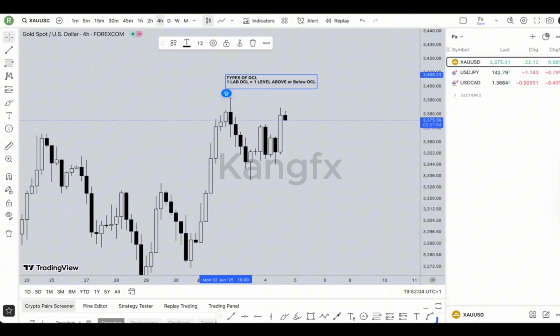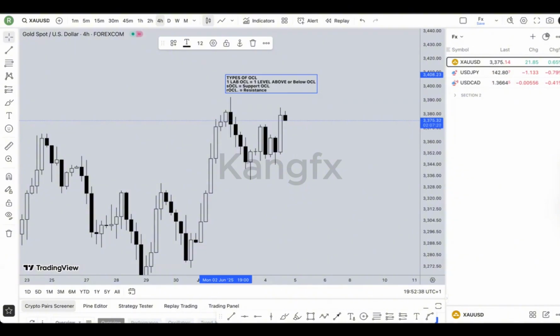We have the second type of OCL, which is called the SOCL. The SOCL stands for supports OCL. Then we have the ROCL, which stands for